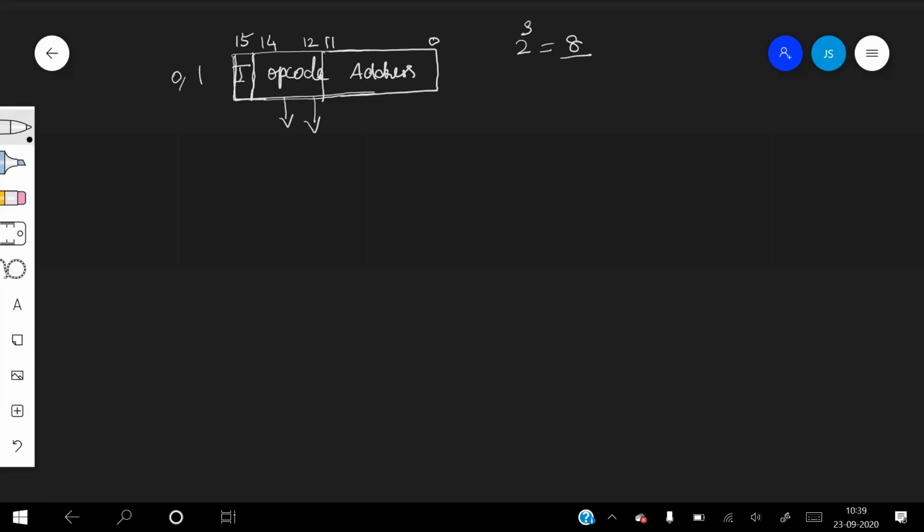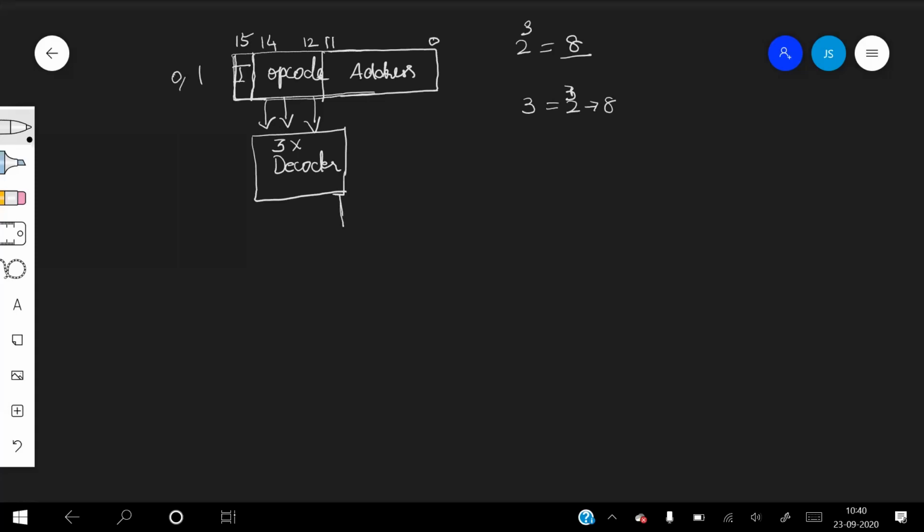The 3 bits of opcode are given as input to the decoder. Here we have a decoder that takes 3 inputs. So how many outputs does it generate? A decoder is a circuit that takes n inputs and generates 2 power n outputs. So for 3 inputs we get 2 power 3, so it gives 8 outputs.